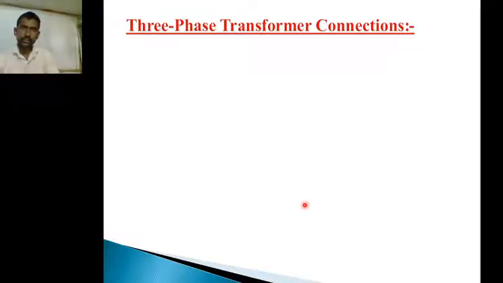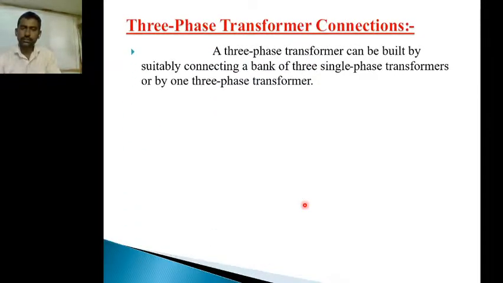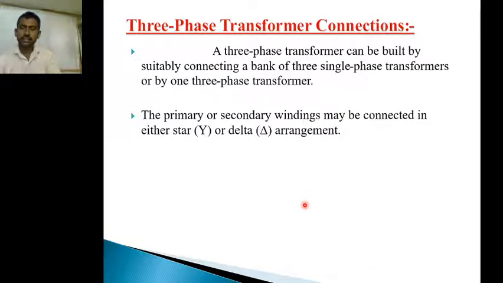So dear students, in the previous video, we saw the three-phase transformers, their constructions and classifications. In that, we said that three-phase transformers are classified in two ways: a bank of three single-phase transformers or one three-phase transformer. The primary and secondary windings of either case we connect in either star or delta. So for this we go for four ways of connections.